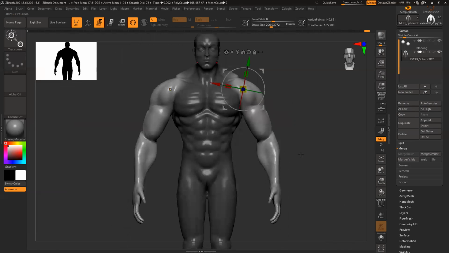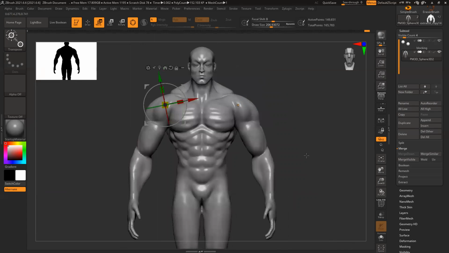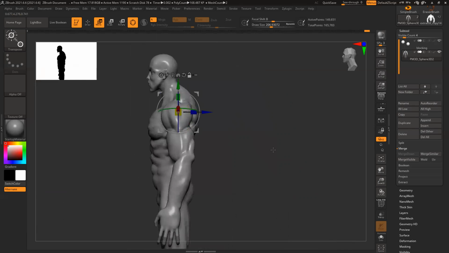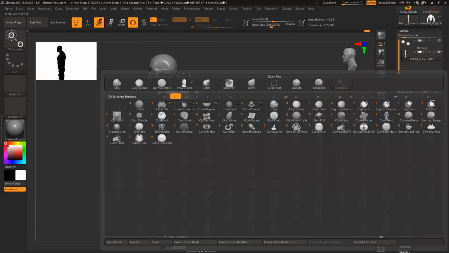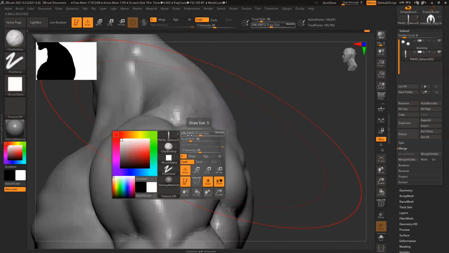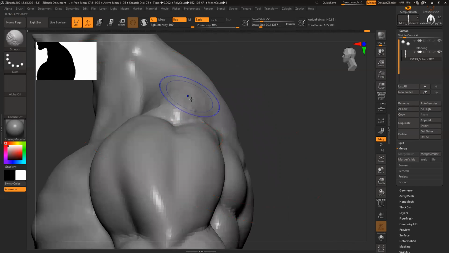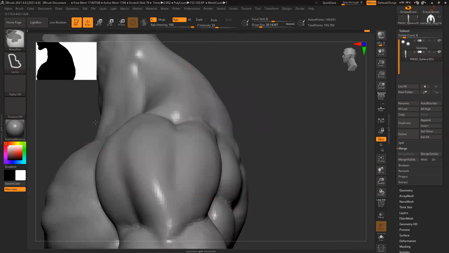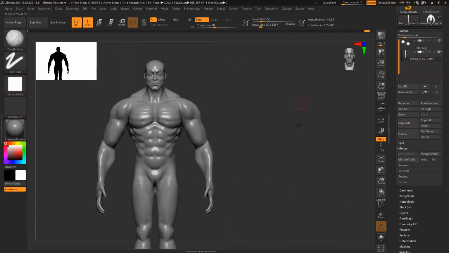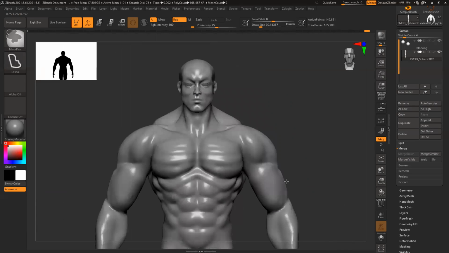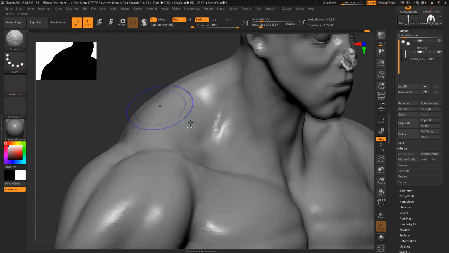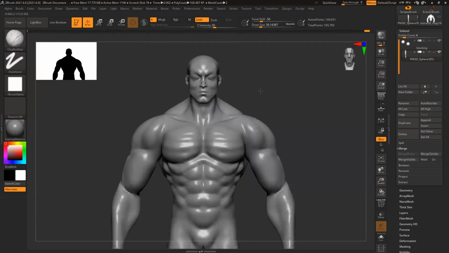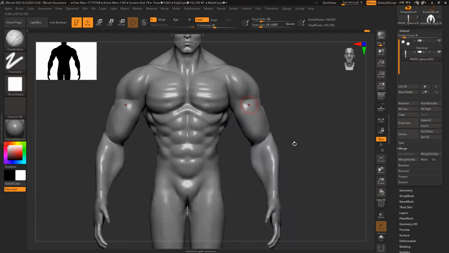So it automatically makes it a little softer and cleaner. This thing is way too strong. Make it soft. Yeah, now it's better. Now you can see hands and all this look much better.